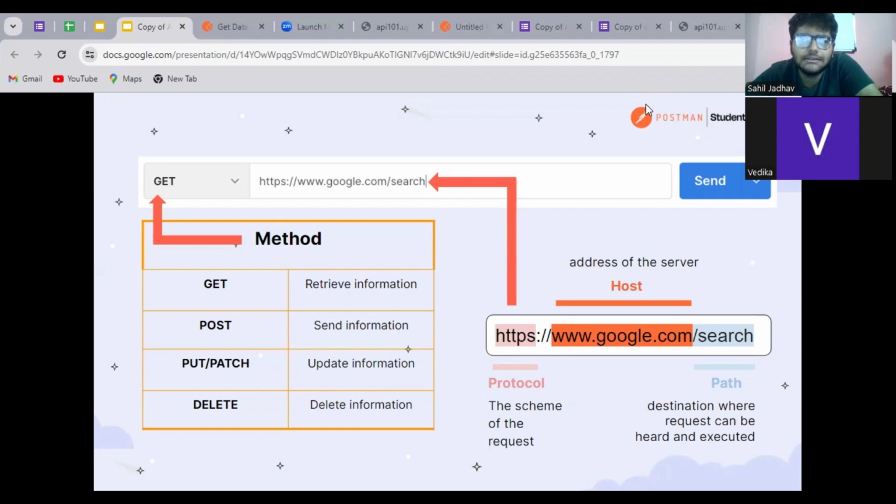The second part is the URL, and as you can see, the URL is divided into three different parts. The very first part being the protocol. What protocol are we using? Is it HTTP or is it HTTPS, or are we using another kind of protocol and not an HTTP protocol? Then the second part of the URL is